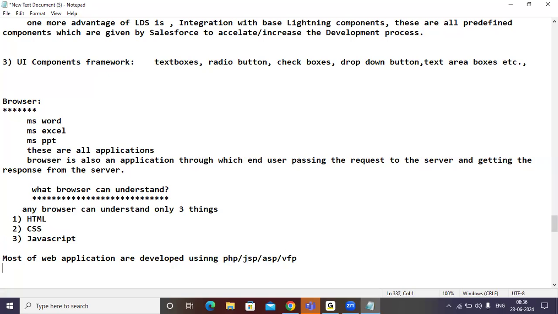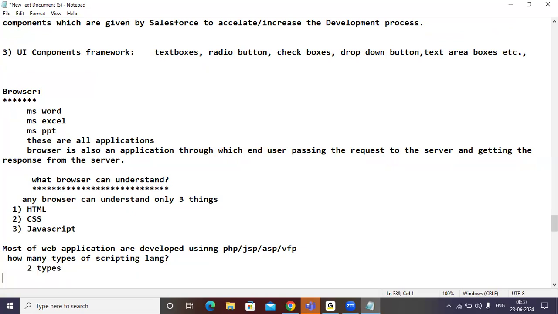These are all scripting languages. Do you know how many types of scripting languages there are? Come on, guys, speak out. I'm asking very general questions. Do you know how many types of scripting languages we have? 2 types.